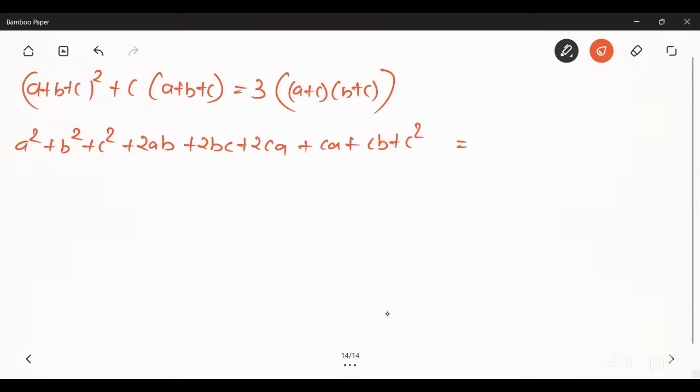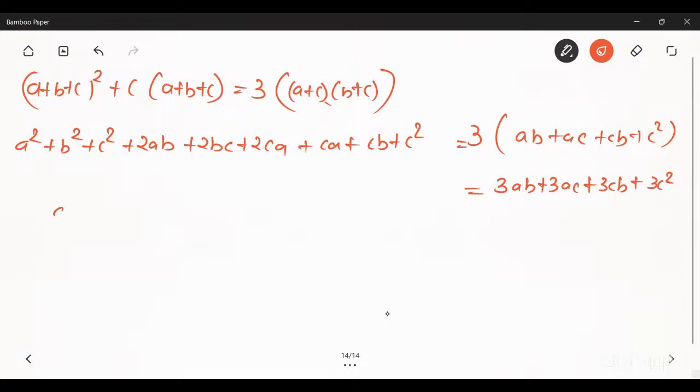On the right hand side you will get 3 into ab plus ac plus cb plus c square. Now multiply 3ab, 3ac, 3cb and 3c square. On the left hand side you will get a square plus b square plus c square plus c square, you will get 2c square plus 2ab plus 2bc